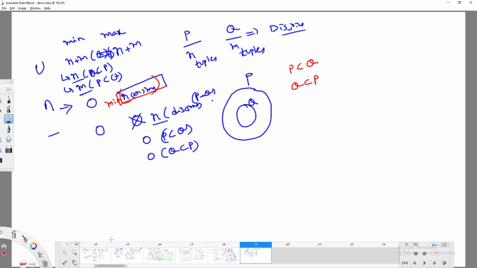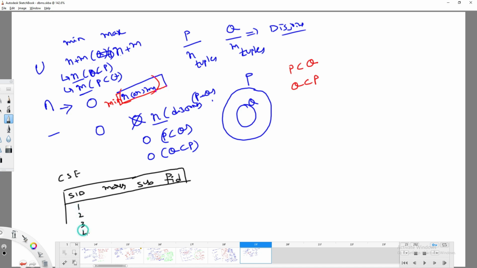Try to think, I will give a real-time example here. I am writing one table called CSC, where assume that it contains serial ID, marks, subject, and faculty ID who is teaching the subject. I have written this data in a table called CSC, which contains 4 students, 1, 2, 3, 4, whose marks are 97, 9, 10, and 20, with subjects DBMS and DA, and faculty IDs 10, 12, 2, and 2.